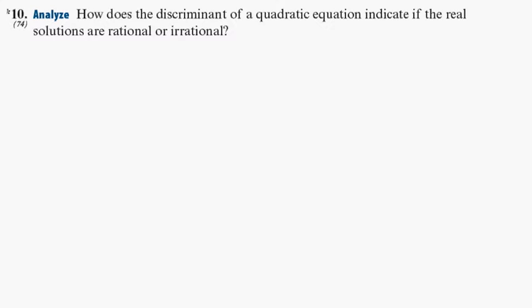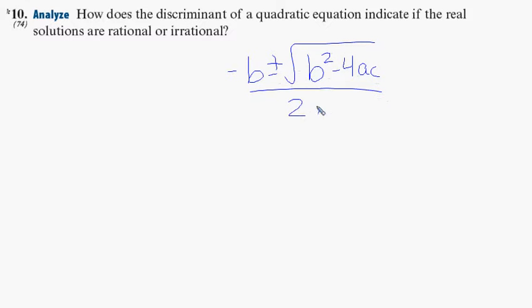Okay, so the discriminant, as you should know by now, is a special portion of the quadratic equation. Remember, the quadratic formula is negative b plus or minus the square root of b squared minus 4ac all over 2a. The discriminant is this portion right here, all right? That helps us determine if we're going to have